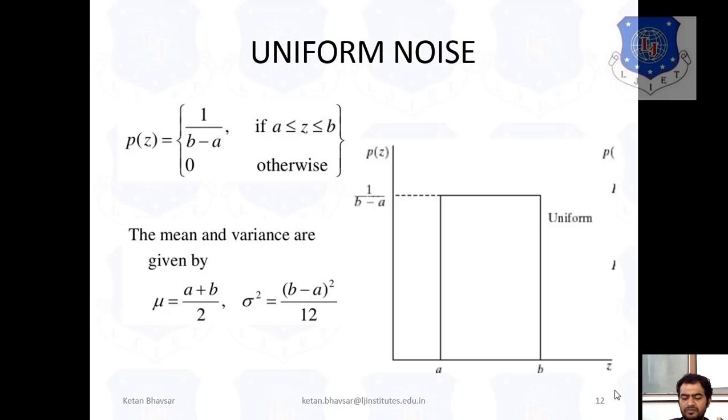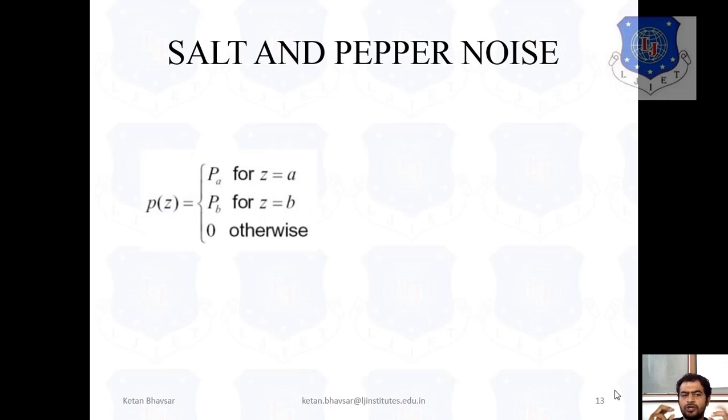So now we move on next to salt and pepper noise. This type of noise is very popular and we already use it in real life, like salt and pepper. You all know the salt looks like white dots and pepper we are talking about black dots. These black and white dots get added in our image, and generally your image looks very degraded, or we can say it looks very dotted or distorted.